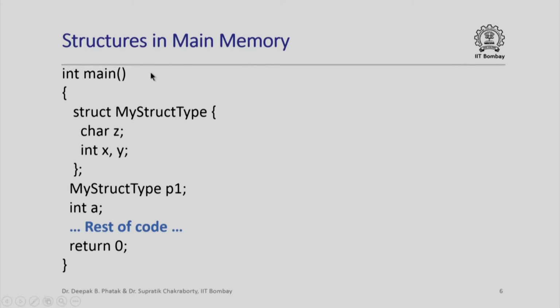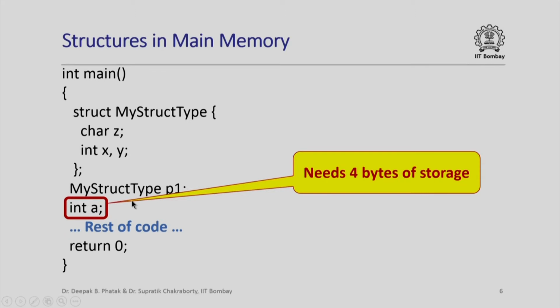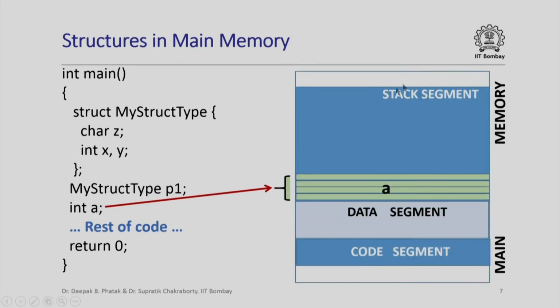So let us quickly see how structures are going to be laid out in main memory. Here is a simple program. This is the main function within which I have declared a structured data type, my struct type. This has 3 members. Member z is of type character, members x and y are of type int, and then I have a variable p1 of structure type my struct type, and I also have a variable a of type int. Now we know that every integer variable needs 4 bytes of storage,